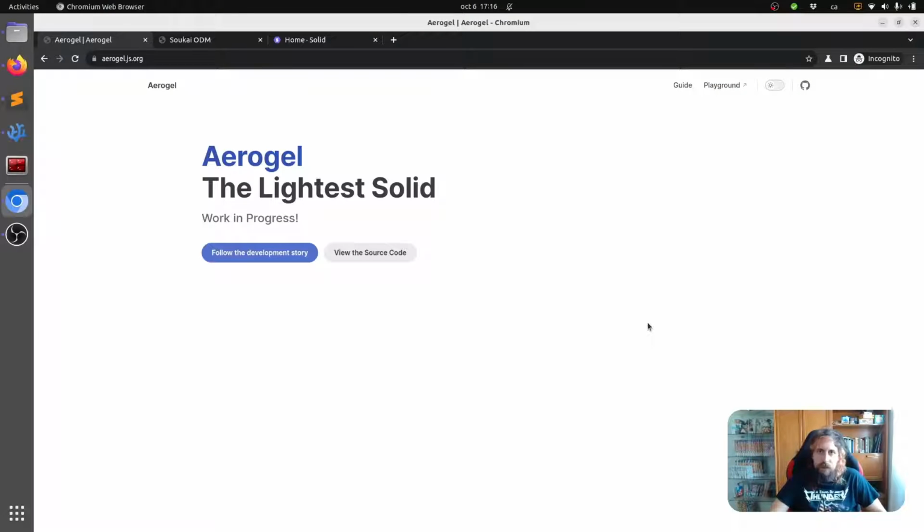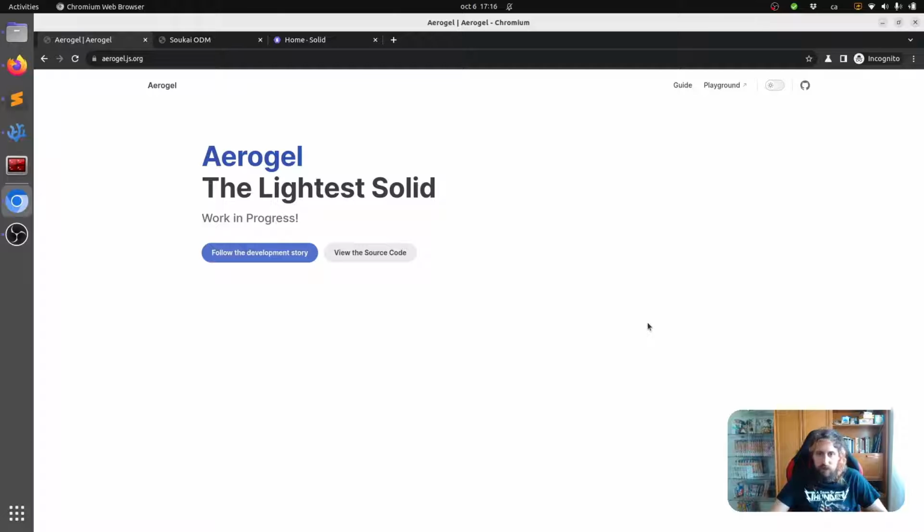Hello everyone. Today I want to talk about something I've been working on for the last couple of months, and that is Aerogel. Aerogel is an application framework. The last couple of apps I've always been making from scratch, but at some point I got into some common patterns I'm applying to all of them. So the idea of this framework is to use all of the patterns I use in my apps so that I can make apps faster, and